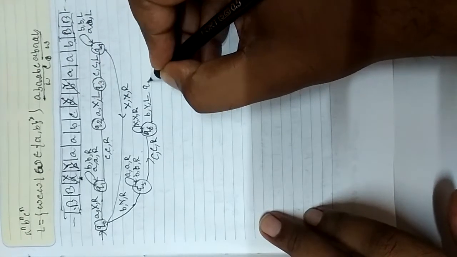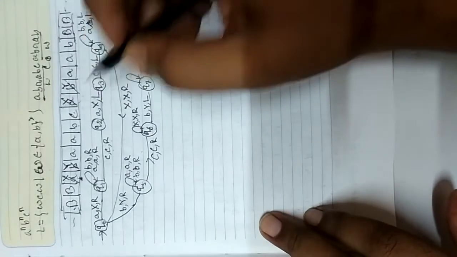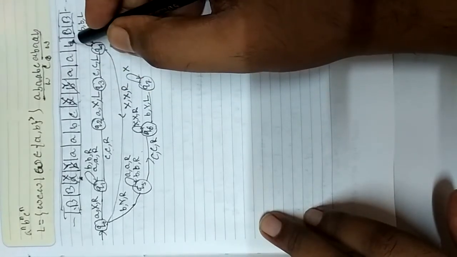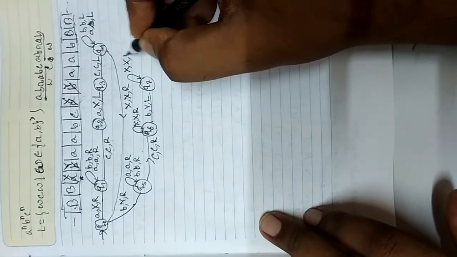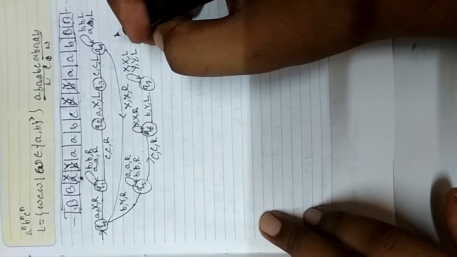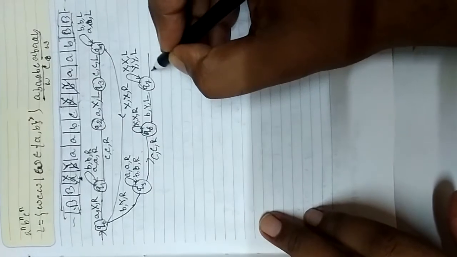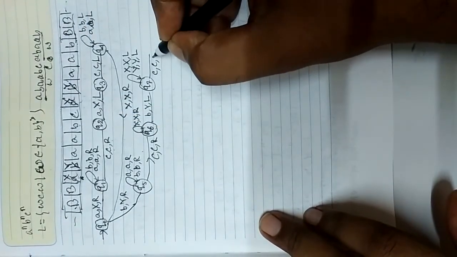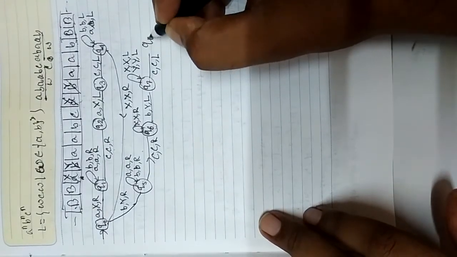So next there will be a state change. It will encounter this X. Suppose here it may encounter Y also. So I just write the full transition with left moves, till it encounters C. After moving towards the left, it will encounter C, replace C by C, move towards the left and go to another state, that is Q8.